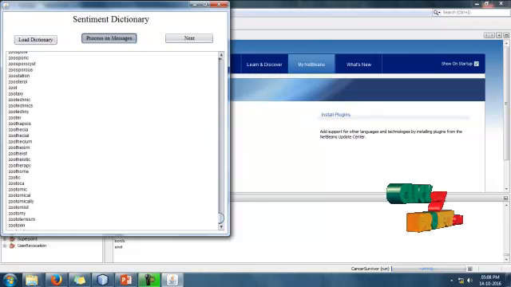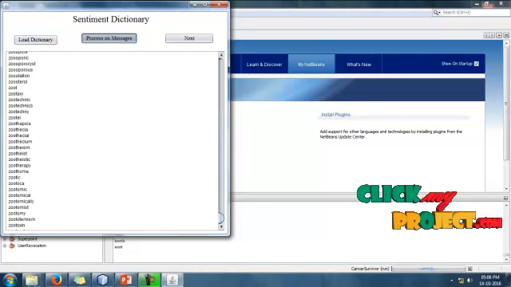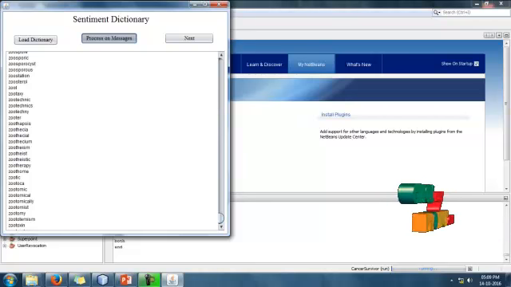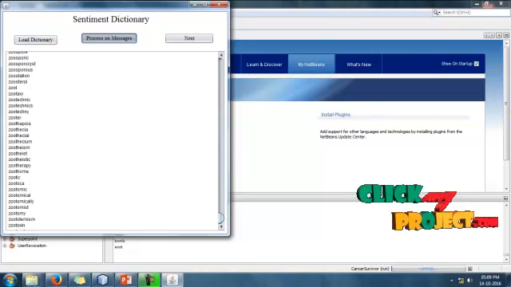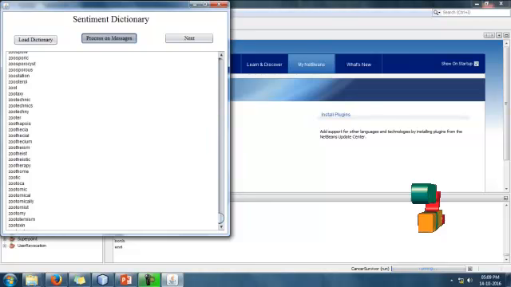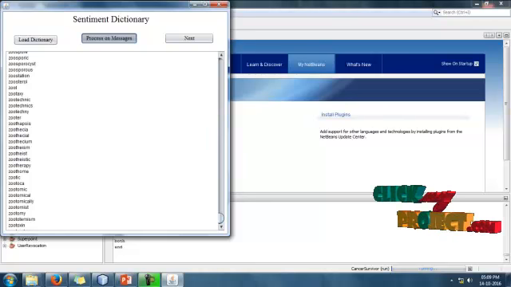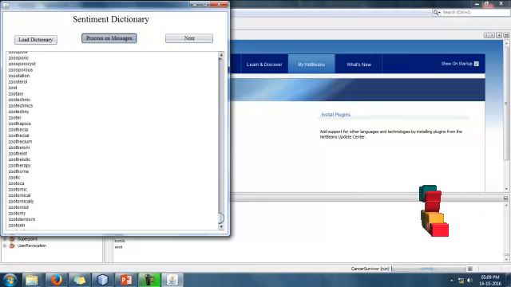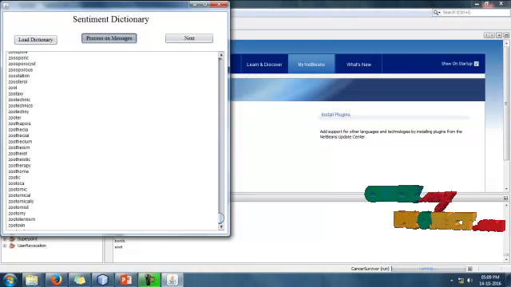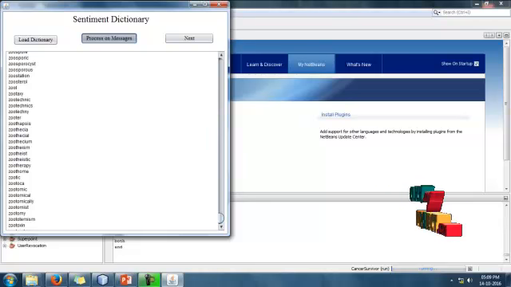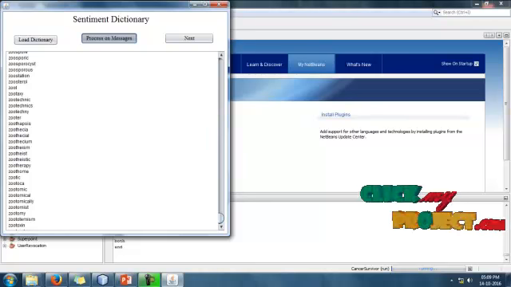It takes some time to execute because there are lots of messages and lots of words. So we have to wait while it is still processing the messages against the dictionary.